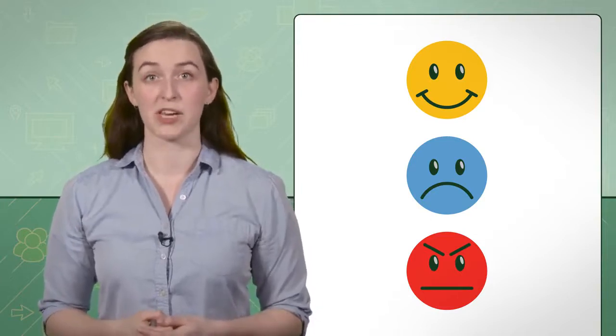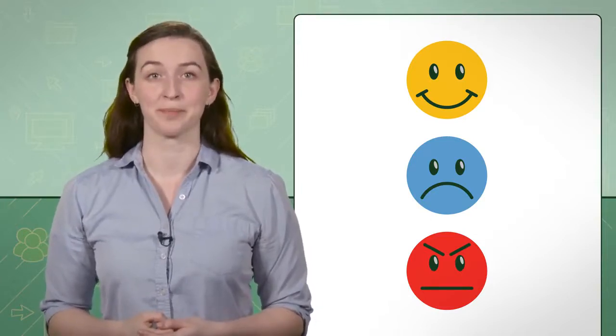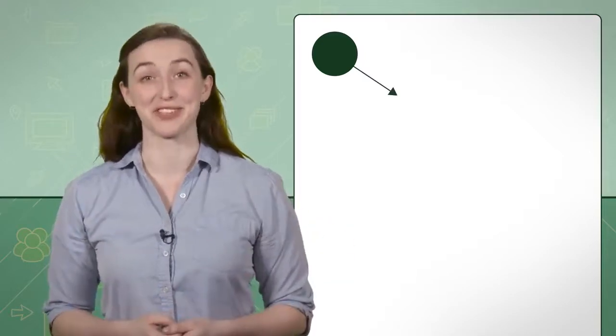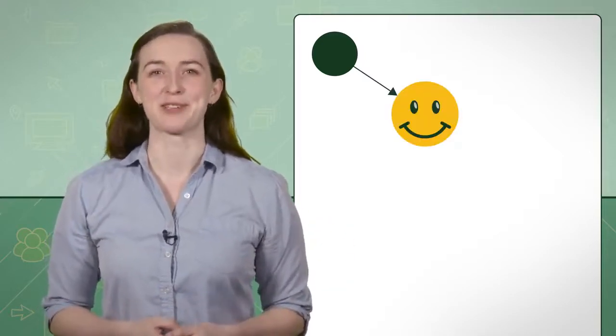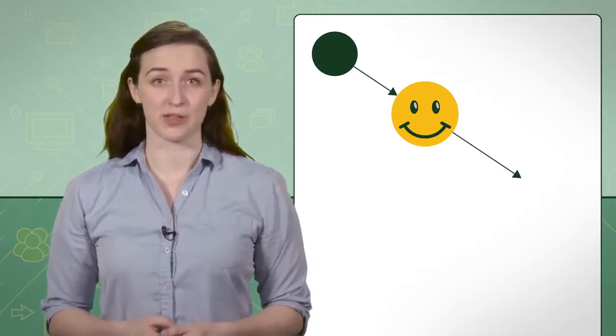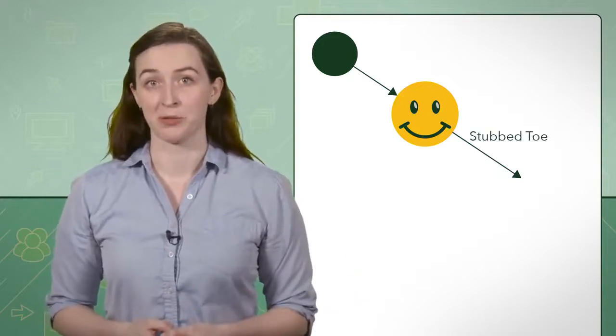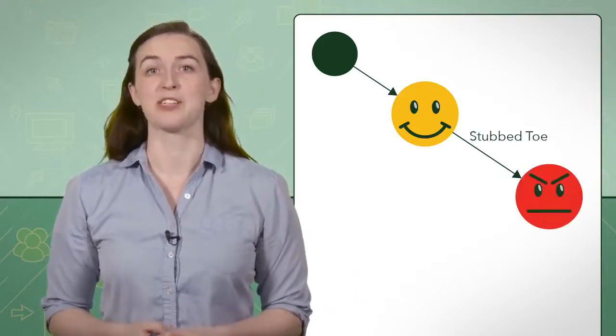State diagrams show states as nodes, like the following. You will learn more about this later, but I'll draw a filled circle to indicate the start state of this diagram. Usually, I wake up happy after a good sleep. Let's say that this person starts their day happy too. During the day, maybe something happens to anger this person. Let's say that the person accidentally stubbed their toe on a table. This would change their state from happy to angry.